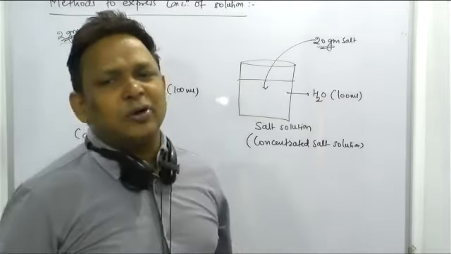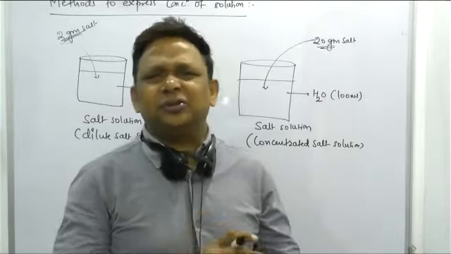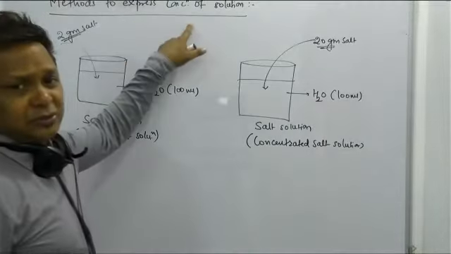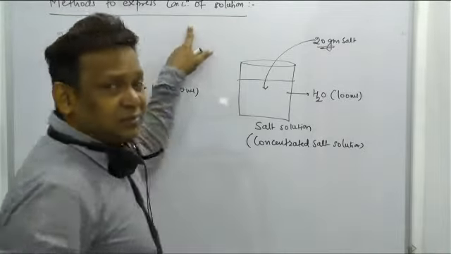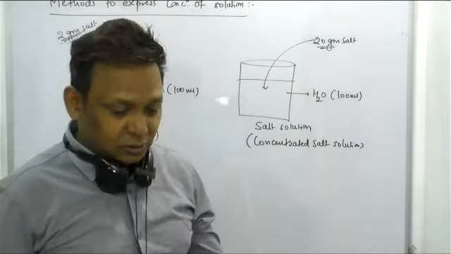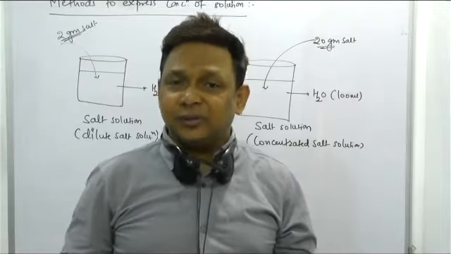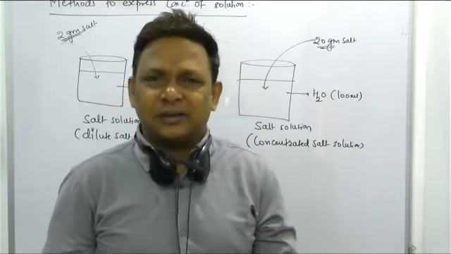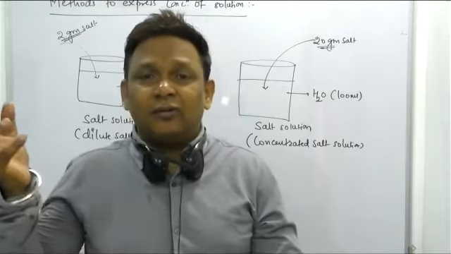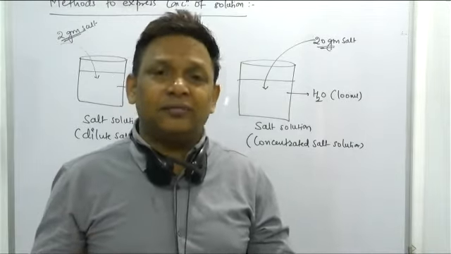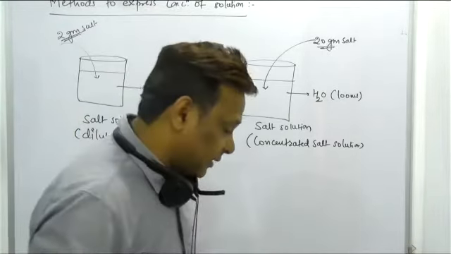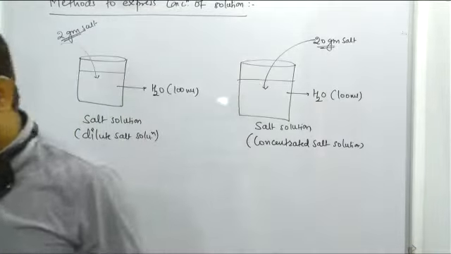Right, beta? Concentration term is nothing but the composition of the solution, we can say. So what are the methods to express the concentration of a solution? These are the methods which will help us express the concentration of a solution. They are of two types. One is volume related, means one will be temperature dependent and the other temperature independent. Chalo, take a screenshot of this one.